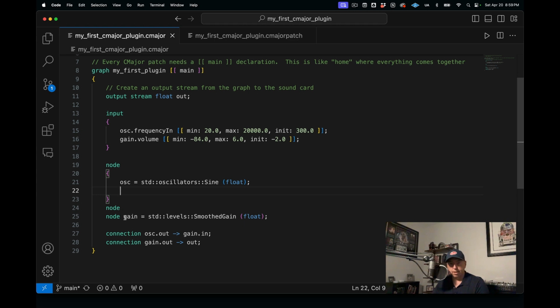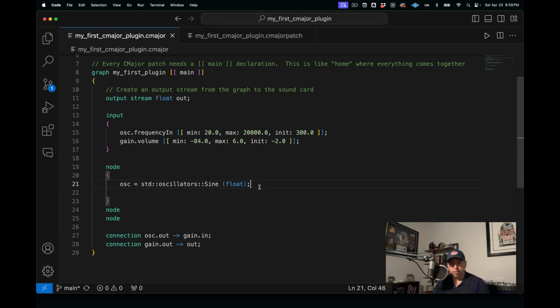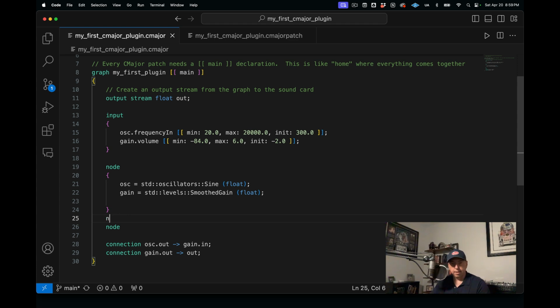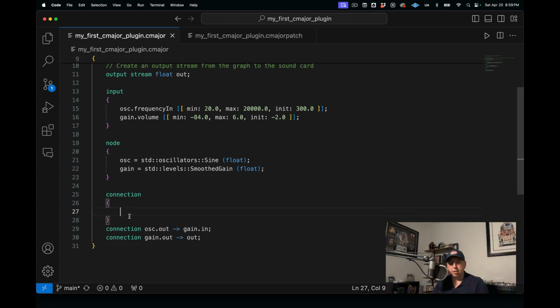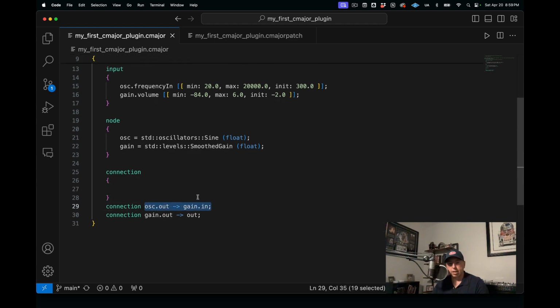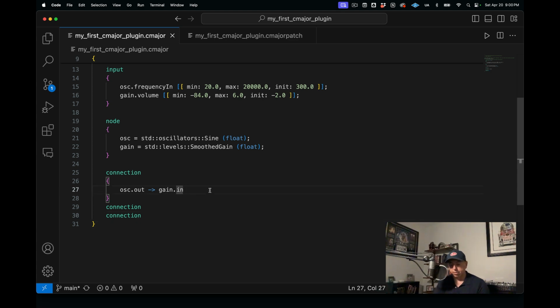And so our node, our gain. Make it all nice and neat. And the same thing for connection. So we could do that for our connection as well. I think you could actually probably just do something like this if you wanted to, which is take this, and you might be able to just define this all in one line. Okay, get rid of those connection keywords,